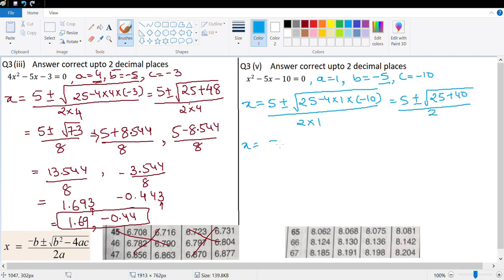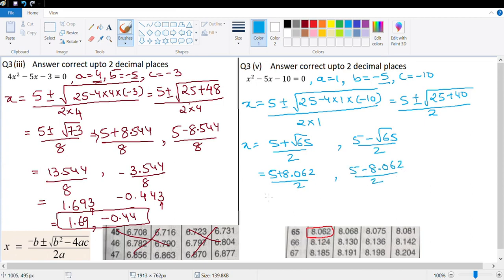So x is equal to 5 plus root 65 upon 2, or 5 minus root 65 upon 2. Now I put the table here which says square root 65 is 8.062. So this is 5 plus 8.062 upon 2, or 5 minus 8.062 upon 2. That's 13.062 upon 2, and this is negative 3.062 upon 2. This is 2 into 6, 12, that's 10, that's 5, this is 3 and 1, and this will be negative